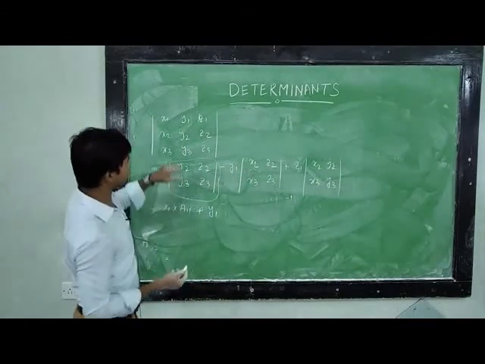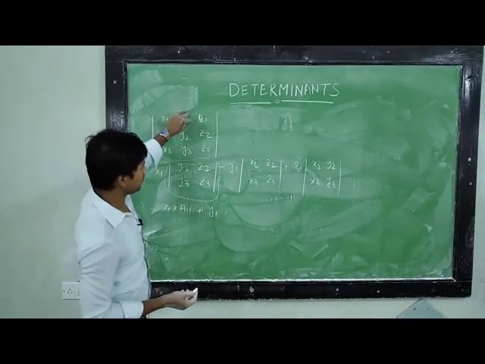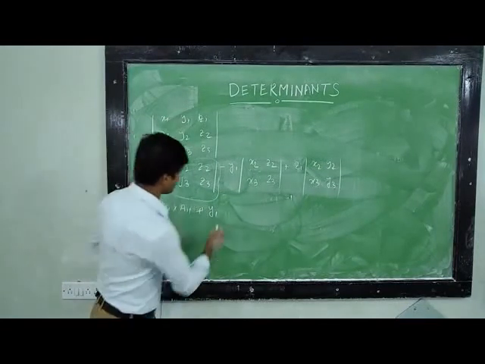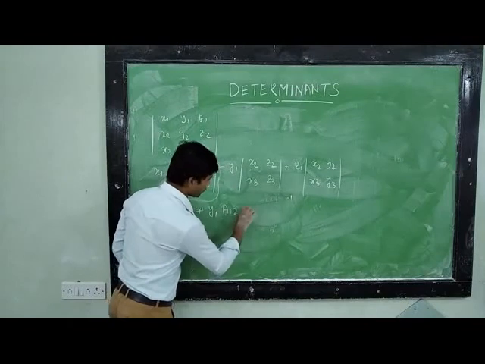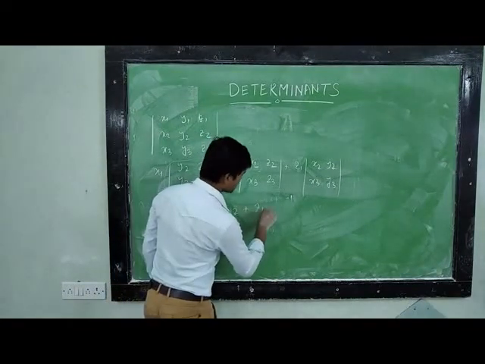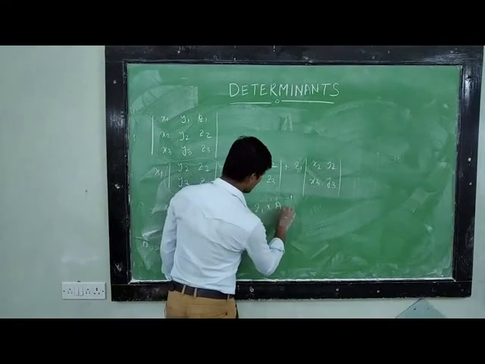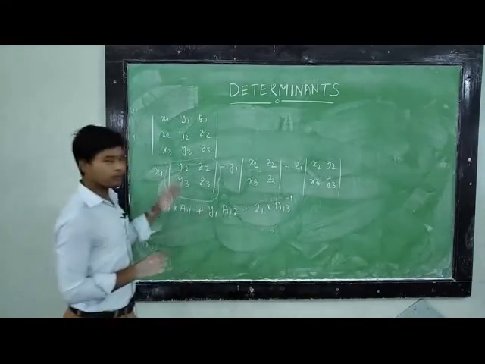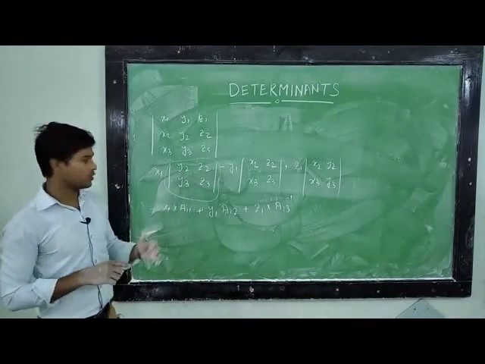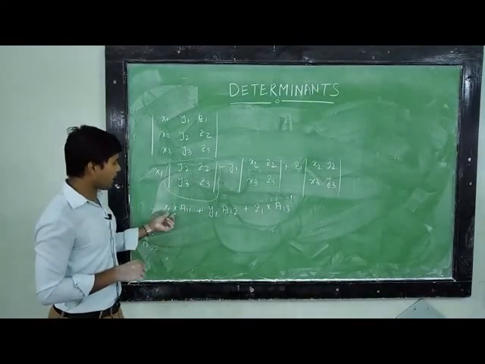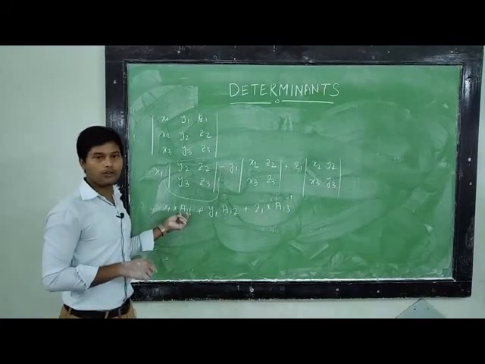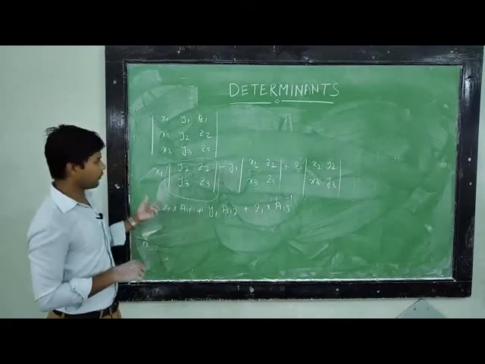This is the cofactor of A12, plus z1 into A13. So the value of the determinant is actually the sum of the products of the elements and the corresponding cofactors of those elements. Value of the determinant